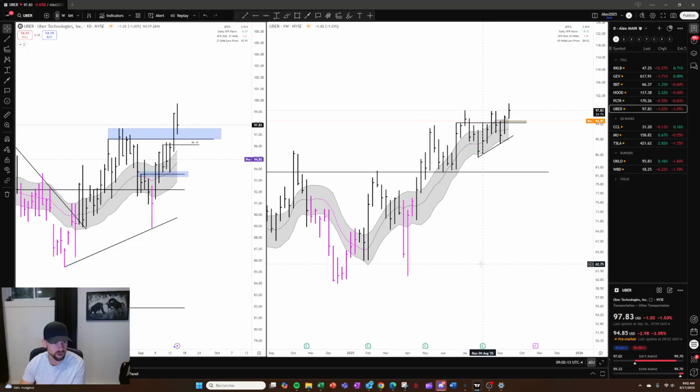So yeah, I don't know. You guys tell me. There seems to be some news on Auber this morning. We'll see how it reacts today. Again, Auber is not de-risked, so I'm playing this against the daily structure. As long as we stay above that structure right here, and we close above, I will remain in